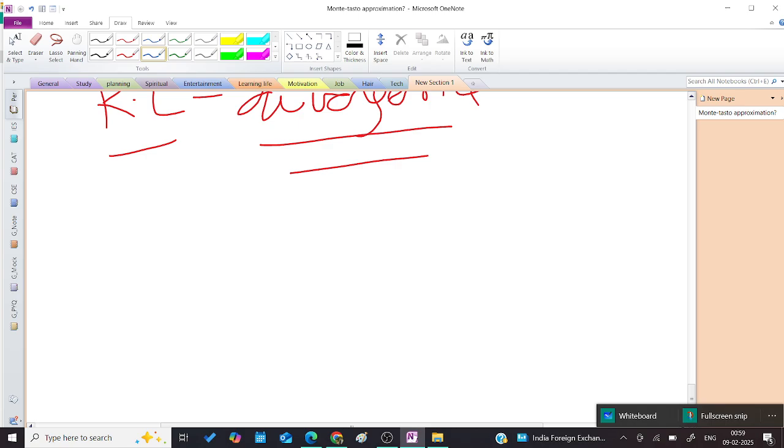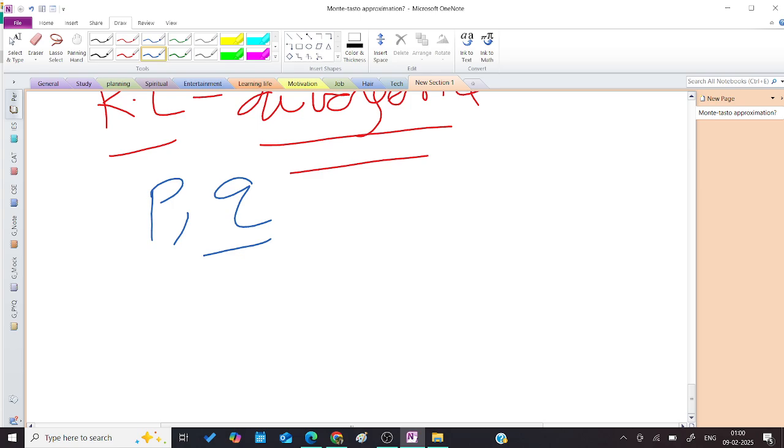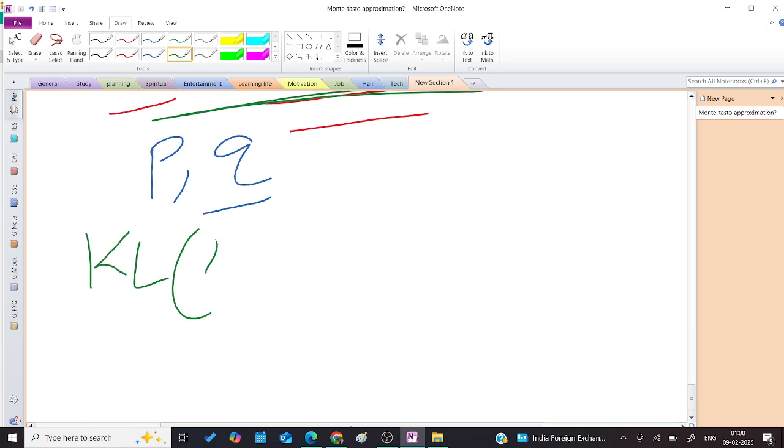Suppose there are two distributions P and Q, and we want to compare these two distributions, how much dissimilar they are. So we give this by the KL divergence formula,